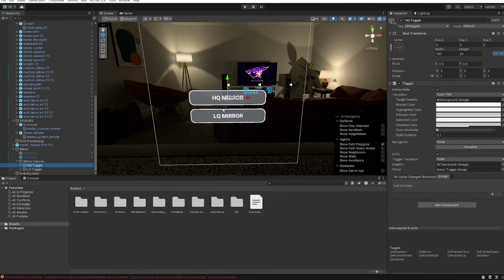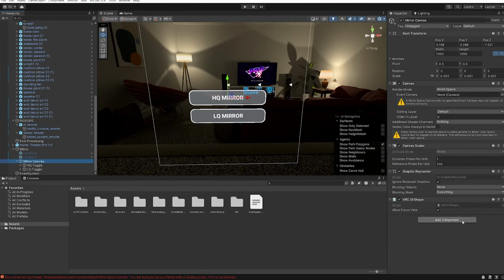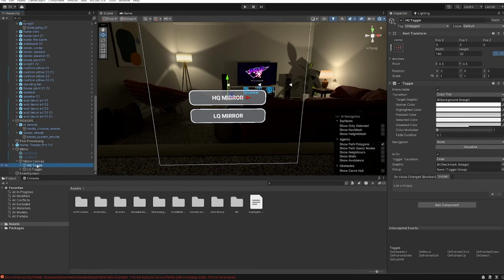That way, if they turn one on and then select another one, it toggles the other one off. To do that, we need to create a toggle group. So we're going to add a component to the canvas called toggle group, and we're going to hit this button called allow switch off. So check that on. And then if you go to the HQ toggle button, in the inspector for each toggle